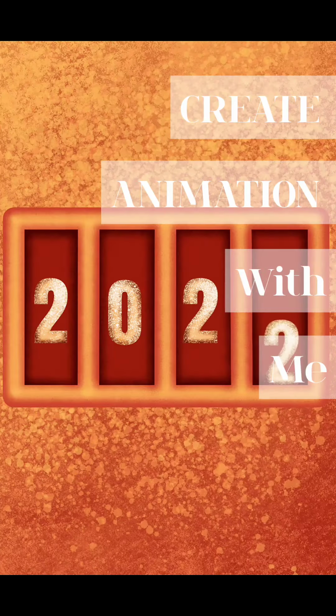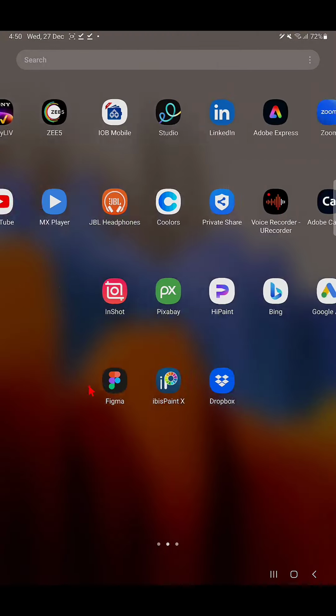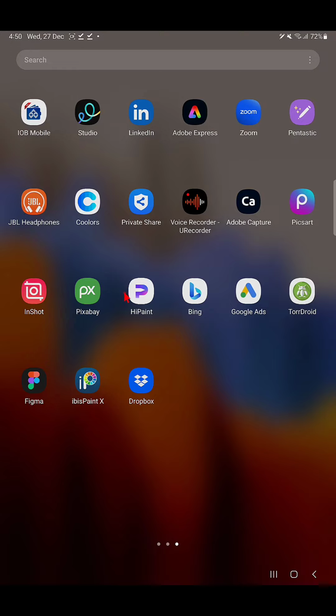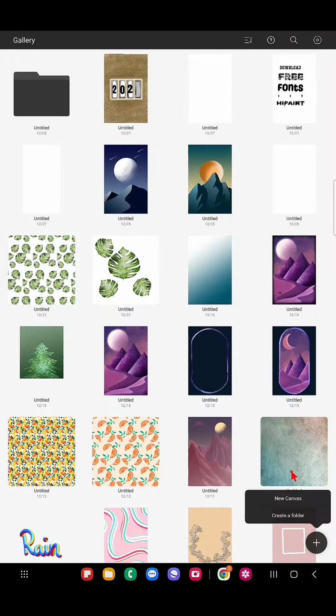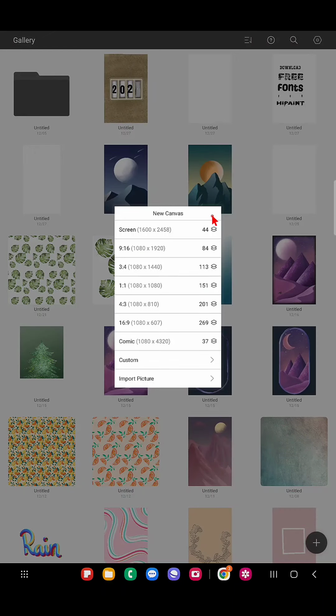Hello everyone, in this video I'm going to show you how to create this easy 2024 animation in the app HiPaint. I'll be sharing the brushes I used and the techniques I used to create this animation. So let's get started. First, I'm opening my HiPaint app and I'm going to use a 3:4 ratio canvas because